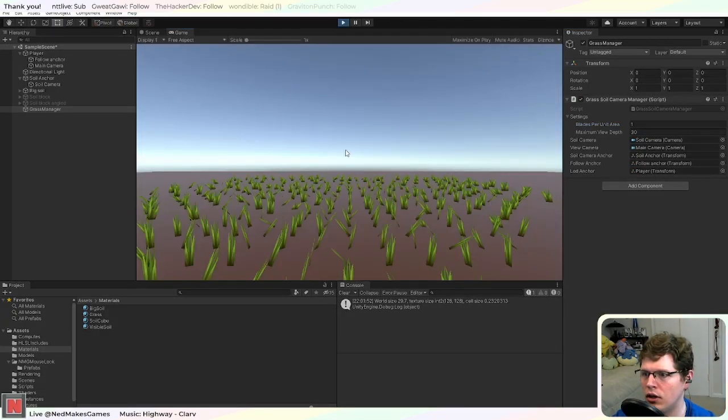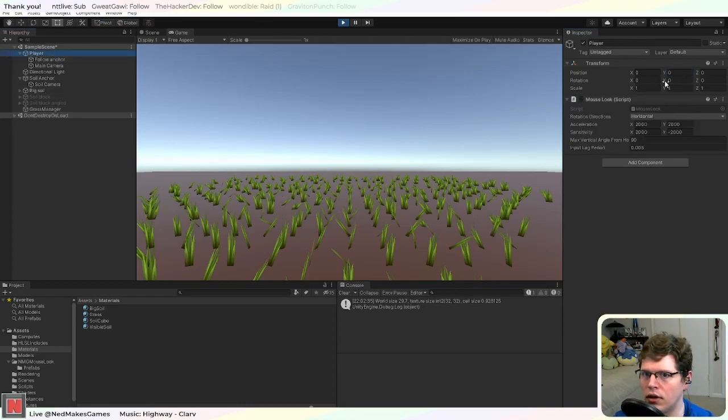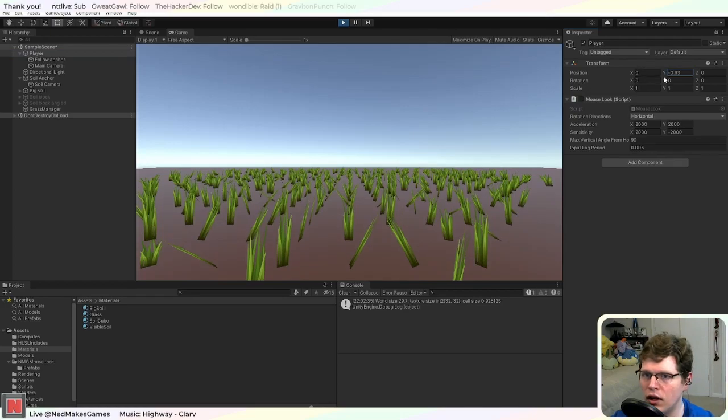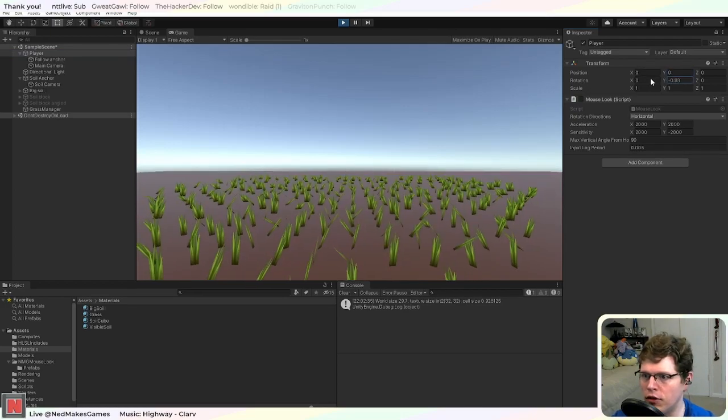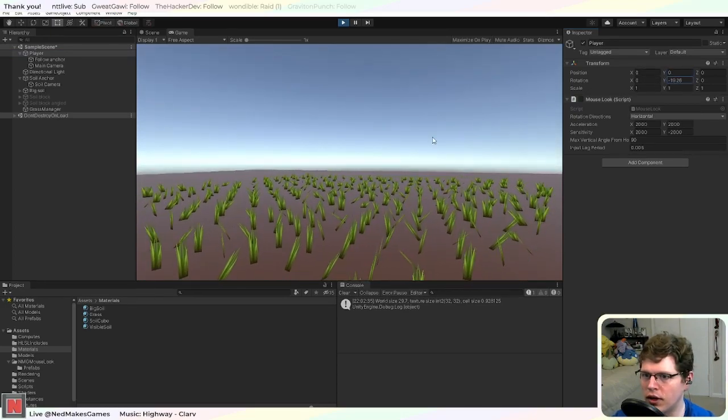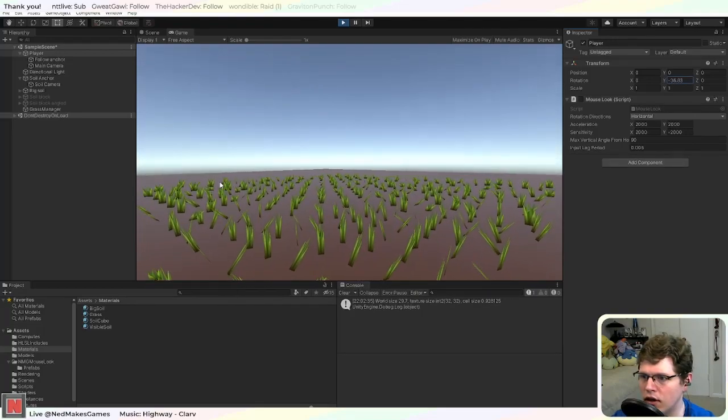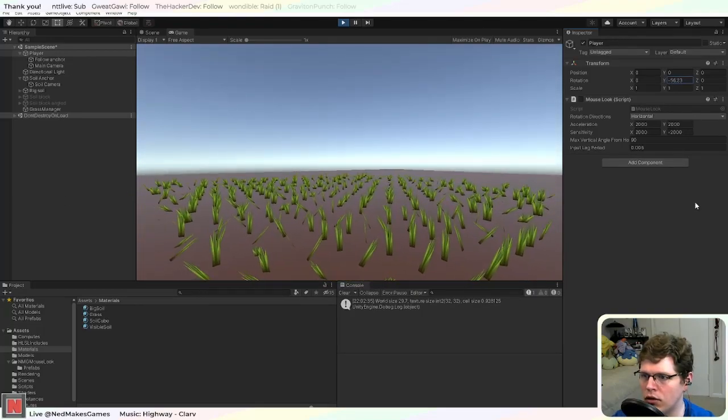So, although I guess the system doesn't really support that anyway. Yeah, see here, even with just 1 blade per unit area, it's really hard to see transitions, so I feel like it's not pulling them correctly, but